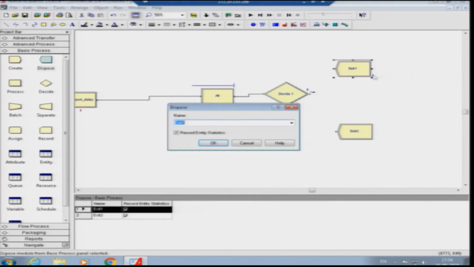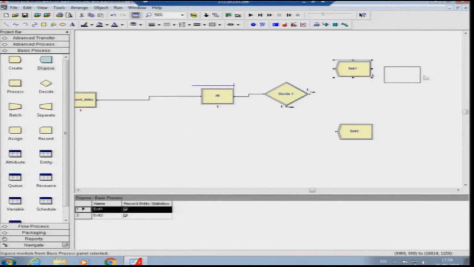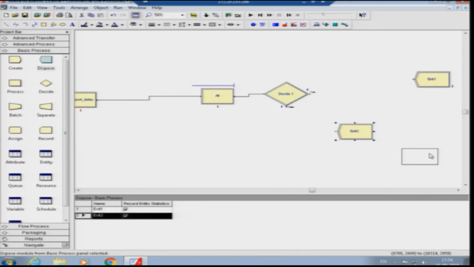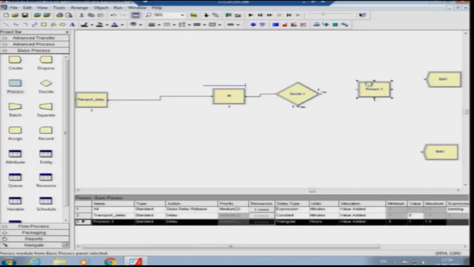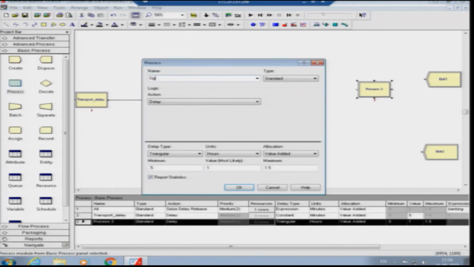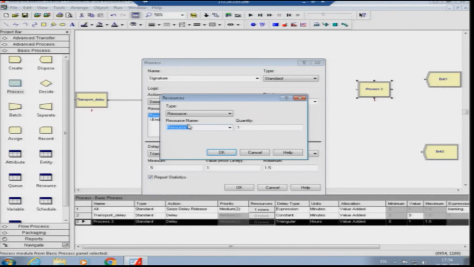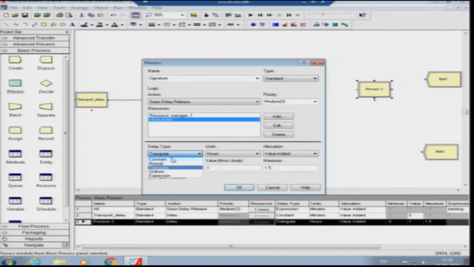I need to put in one more process. That is basically signature, and its resource name is manager. The time is normally distributed as